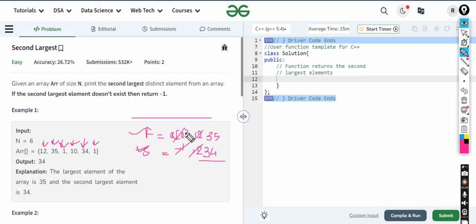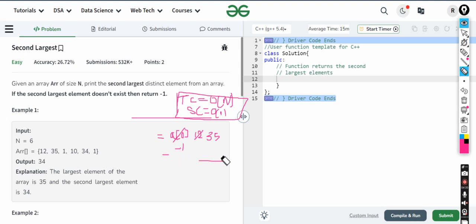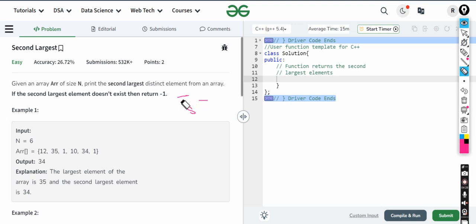Ignoring all the steps, we only have to return the number 34. We don't need first for the answer, but to make our work easy, we have to take the first element also. This is very easy. It is very optimal because the time complexity is only O of n and the space complexity is only O of 1, which is the most optimal solution you will ever get. If you tell this optimal solution to your interviewer, he would definitely be very happy with your explanation. Just try to explain it in a deeper way and a nicely presented way.